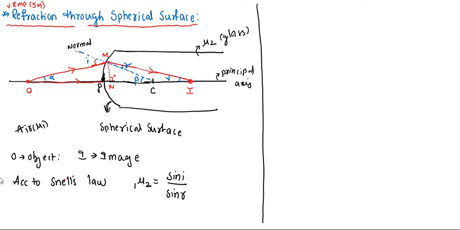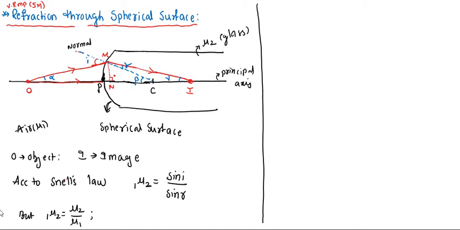The angle between them is the angle of incidence, and this red line is a refracted light ray that enters into the glass, and this blue line is the normal drawn. This blue color we wrote R, that is the angle of refraction. 1nu2 is the refractive index of the second medium with respect to the first medium, but we have the formula for 1nu2, that is nu2 by nu1. We write 1nu2 as nu2 by nu1.